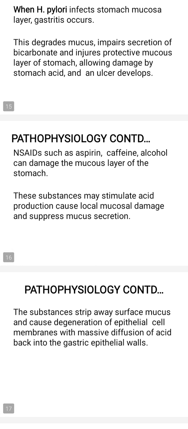Then we have also NSAIDs. How can non-steroidal anti-inflammatory drugs cause peptic ulcers? You and me in class, we talked about it. Examples of NSAIDs we have got are brufen, diclofenac, etc. What do these do? We are saying prostaglandin is one of the protective layers of the stomach. So what they do is, when someone happens to be on these drugs, brufen,